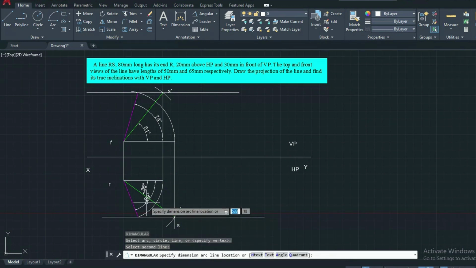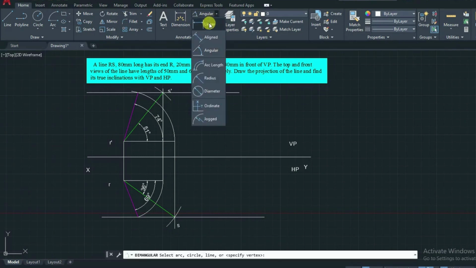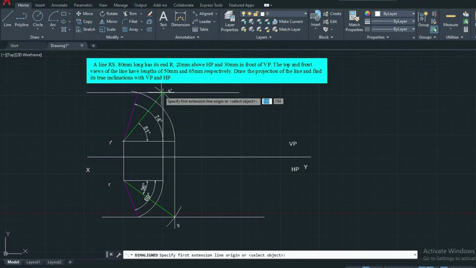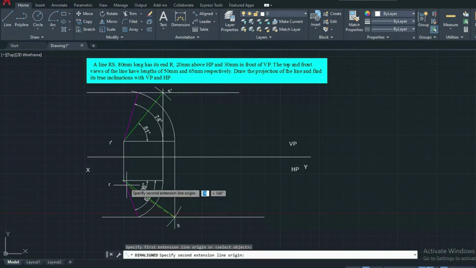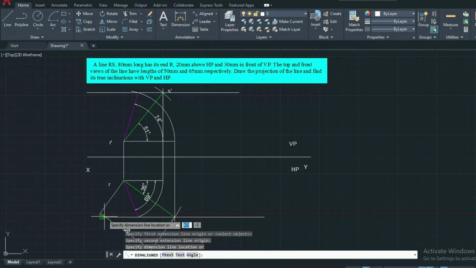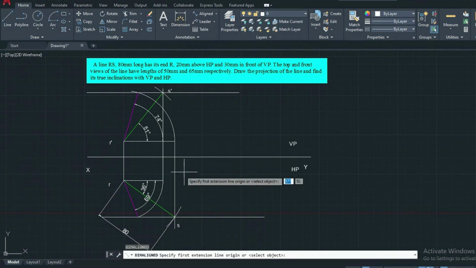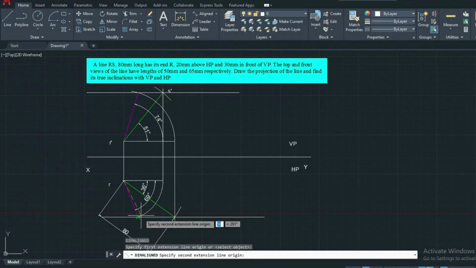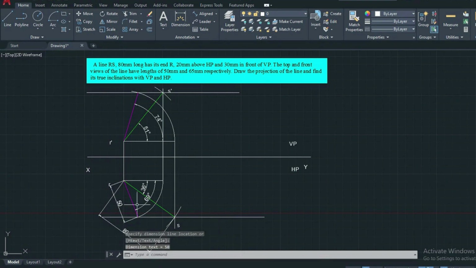And the top view inclination with the vertical plane is 69 degree. So the true length of the line is 80. Similarly, the top view length we know is 50 and the front view length we know is 65. That's it.